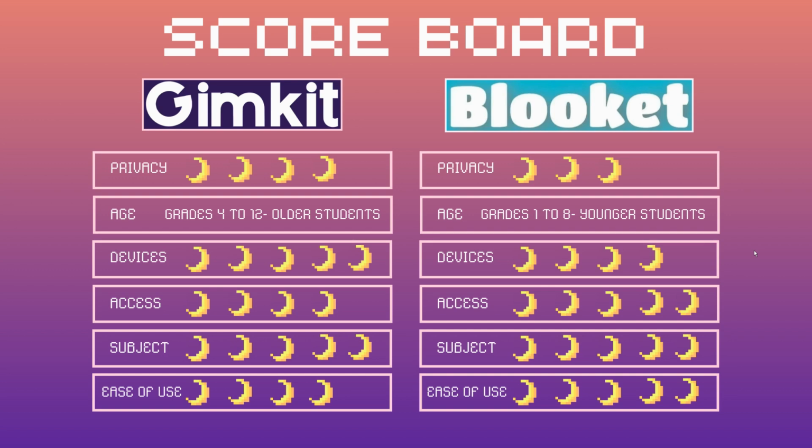For devices, Gimkit goes above and beyond for the availability on devices, and they state that they are available to accessibility tools and devices. For Blookit, they are available on many devices. However, it does not state whether or not it is accessible on accessibility devices or using accessibility tools. For access,